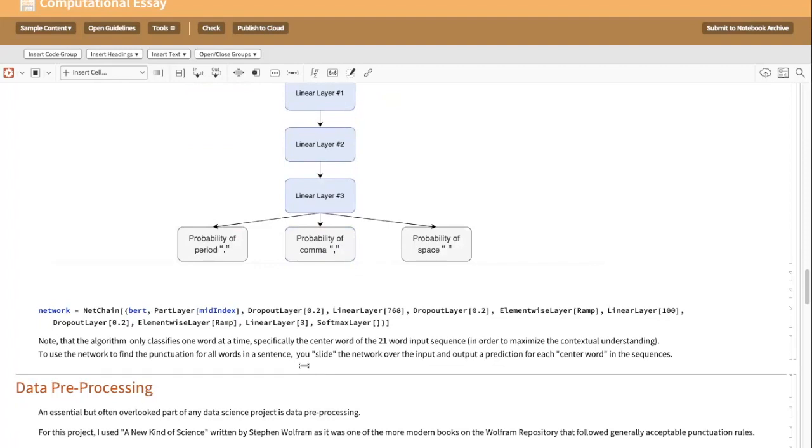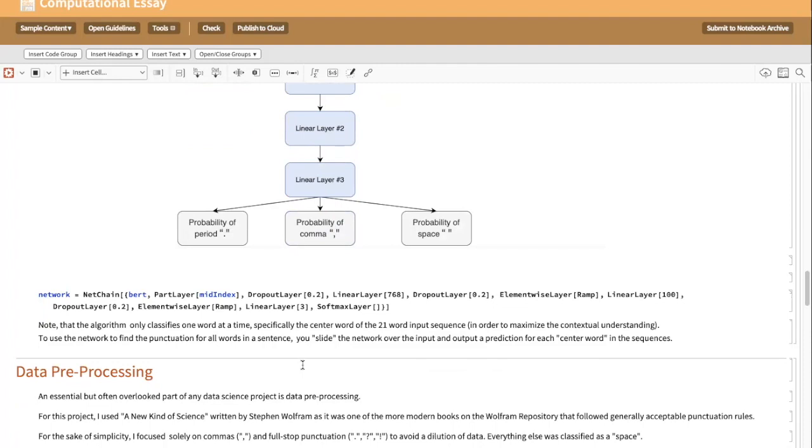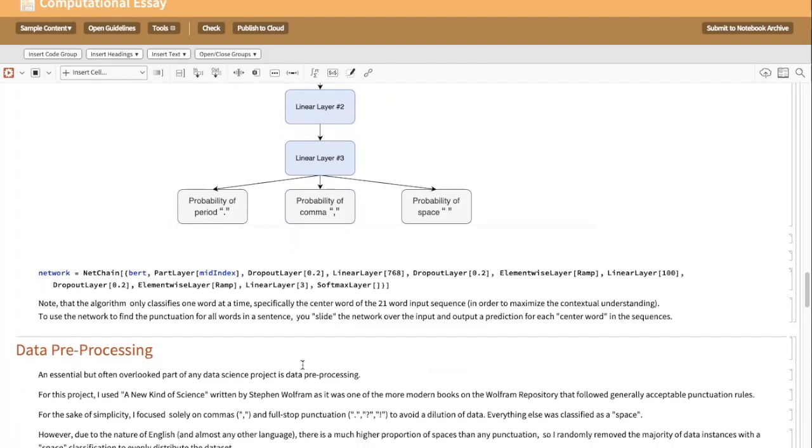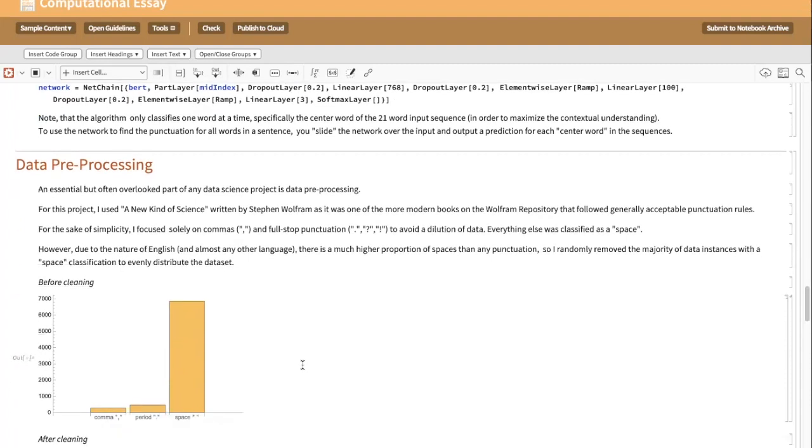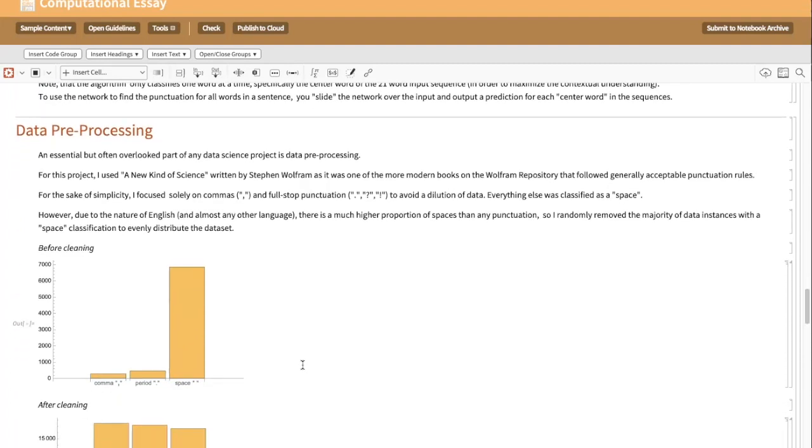But actually, before that, I wanted to talk about the data pre-processing, because getting the right architecture of the neural network was just half the solution. What good is a student without any data to teach it with? That's the case with this algorithm. If you don't have data, it won't run properly. And that's where the data selection and pre-processing steps come in.